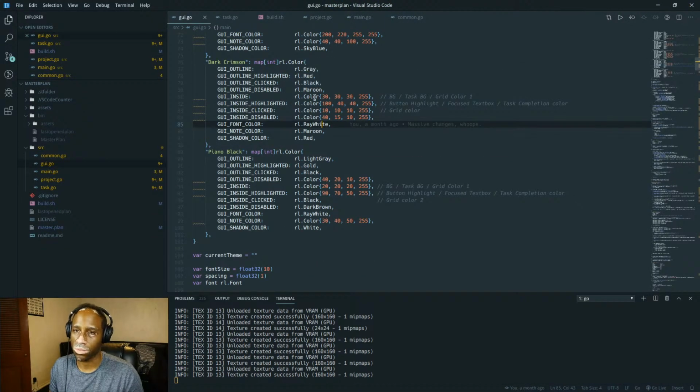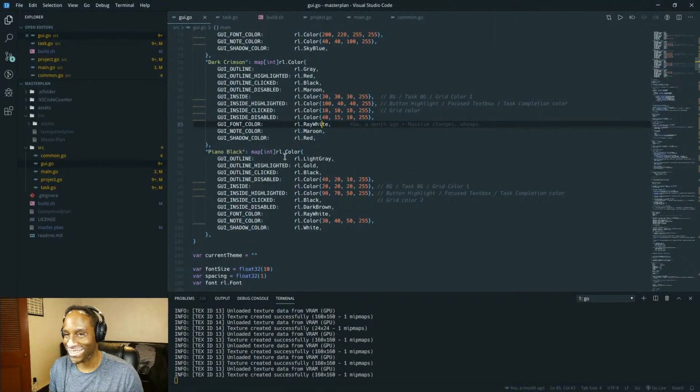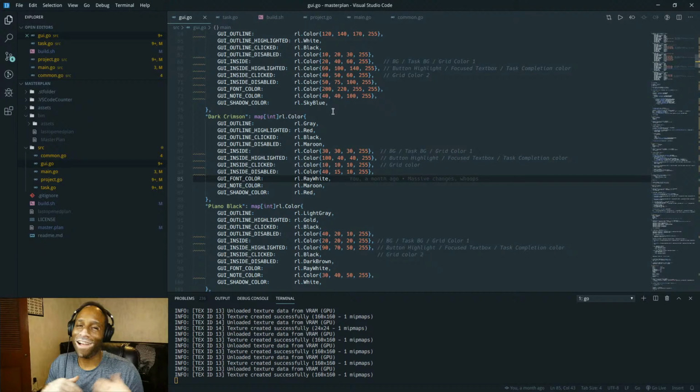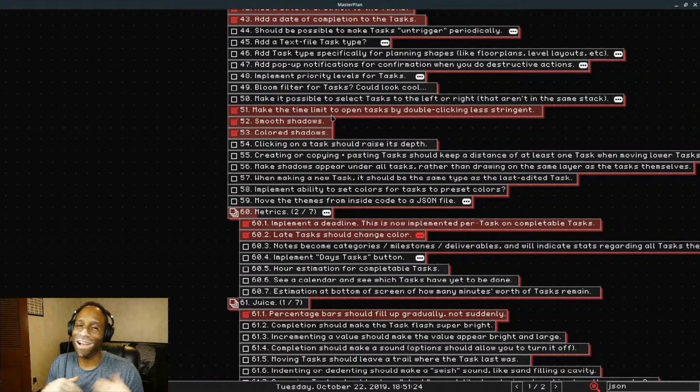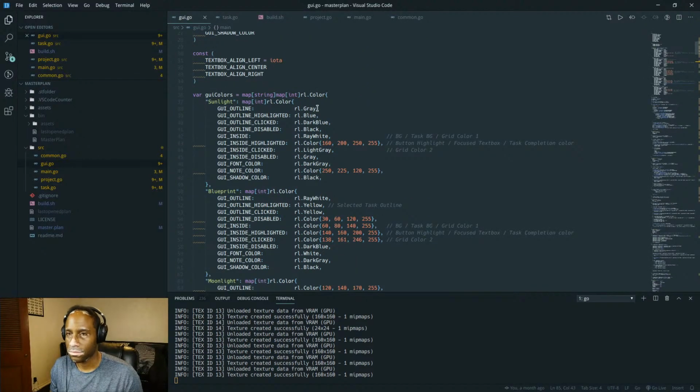But for now, this is where they are. Right now it's hard-coded. But I'll move them out to probably individual JSON files so that people can easily make their own themes by just making a new file and tweaking the colors. But yeah, that's something for next time.